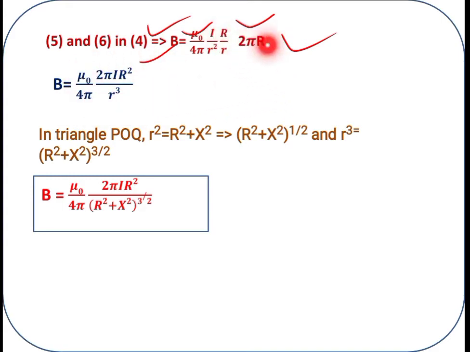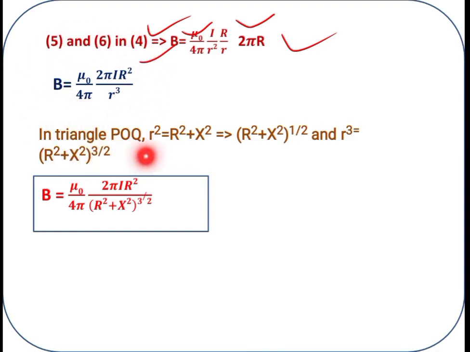This is capital R, r square, mu naught by 4 pi as it is. But here 2 pi, so I will rewrite the same expression with 2 pi I as it is, over r square, and here r square and r is given, so in total it is r cube. Now I hope you understood this. This is the total magnetic field for the ring or the circular loop.